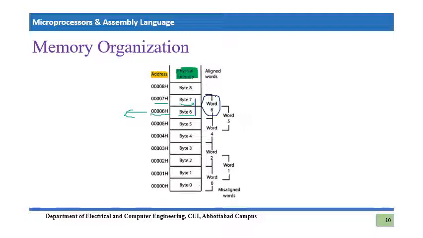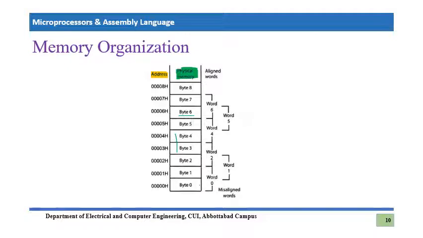Now let's take another example to clarify this concept again. First, let me remove the stuff so that it becomes easier. Let's take the example of these two bytes, byte 3 and byte